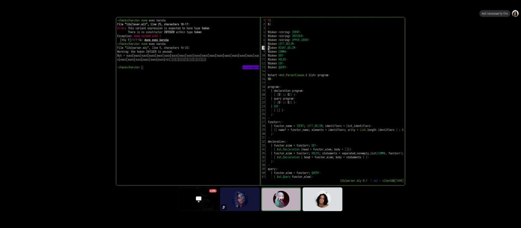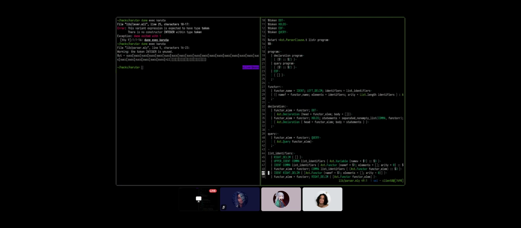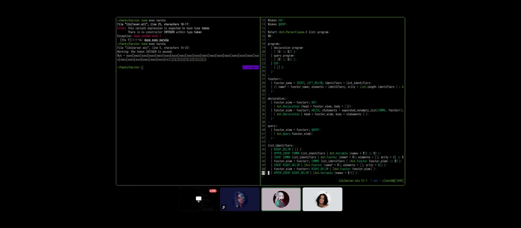Okay, it exists, but it is unused, apparently. Okay, so how do I list identifiers, functor, and so on?